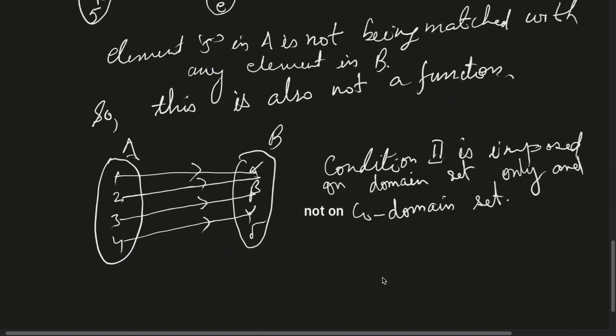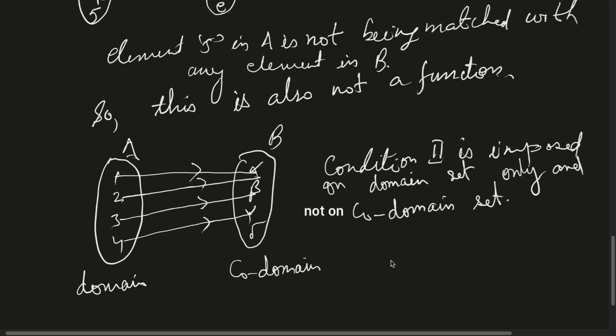So if condition 2 is imposed on the domain set only, then even if some elements in the codomain set remain unmatched, there is no problem, because the condition is being imposed on the elements of set A, that all the elements in set A should have exactly one mapping with an element in set B, but there is no condition imposed on elements in set B. So we can say that if the elements in set A are satisfying the conditions, then it will be a